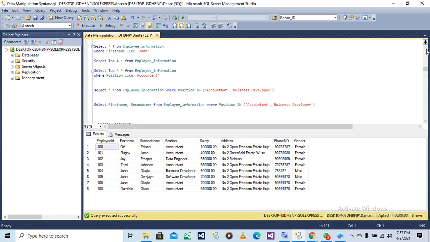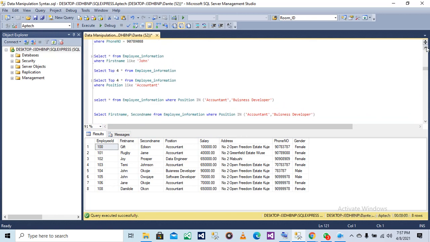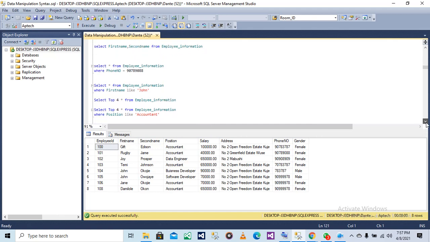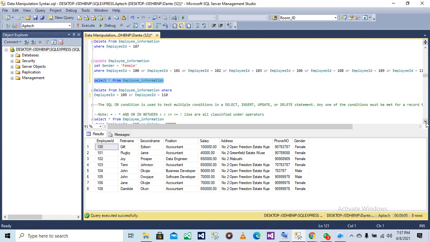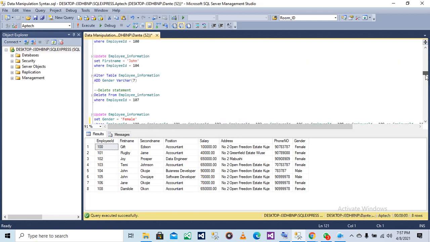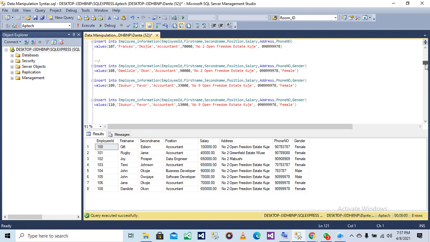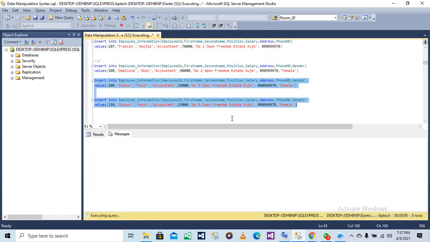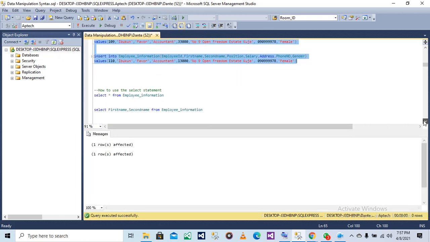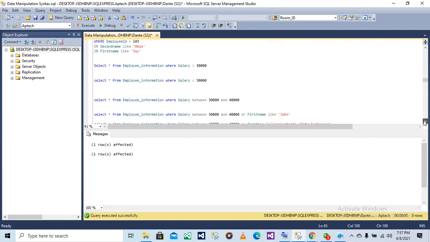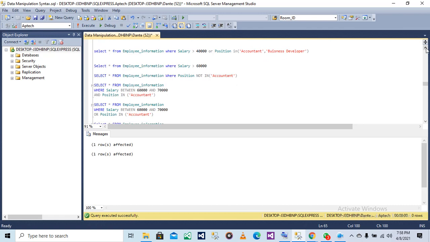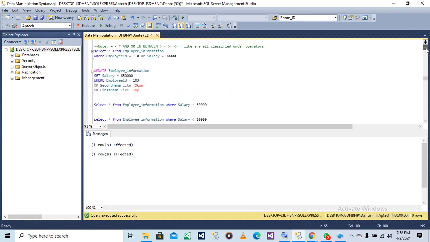So I'll go back and insert them. So that's the statement for deleting multiple rows at once.